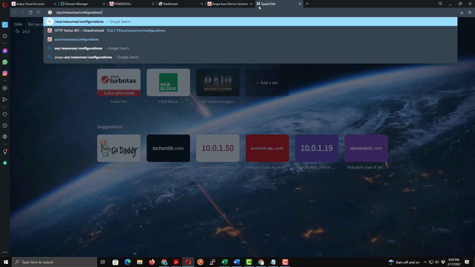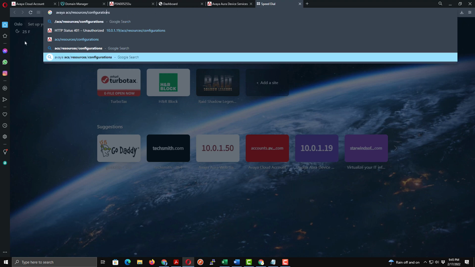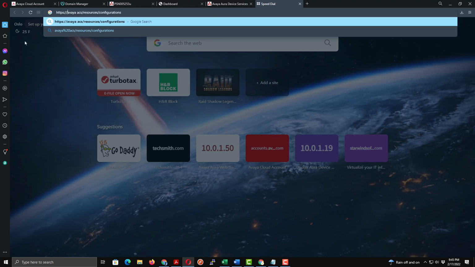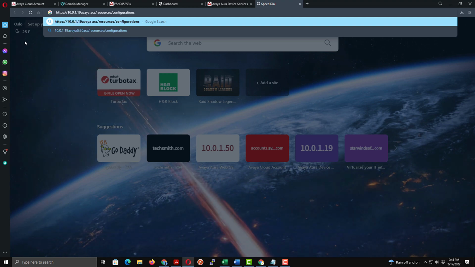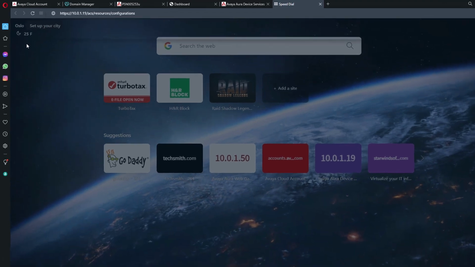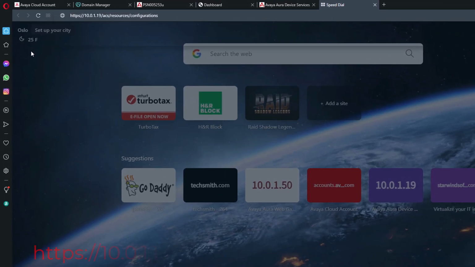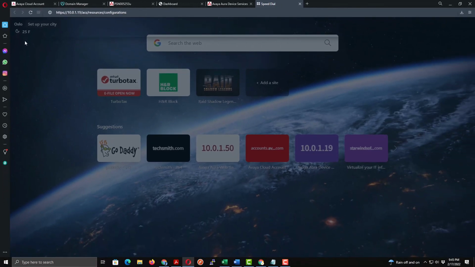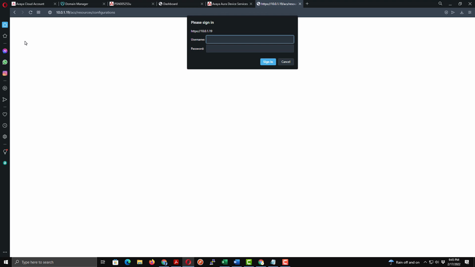Before I set up my Avaya Workplace client, let's make sure the settings look good by entering in the URL used by the client when authenticating and rolling through the process of automatic configuration. To do this, we put in HTTPS, the IP address of our AADS server, then /ACS/resources/configurations. You can see that we are prompted for a login, and I'll be using my Active Directory user account